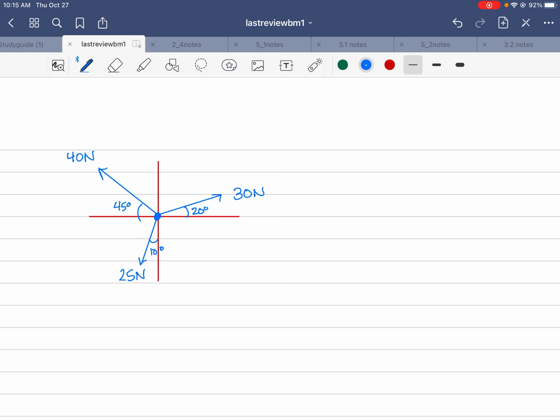I'm choosing 3 because 2 is easy to do. You can use a parallelogram method. There's a couple different ways that you can do it. But with 3, if you can do 3, you can do 4, 5, 6, 10, however many forces that you have. So the first thing that we're going to do is make sure that all angles